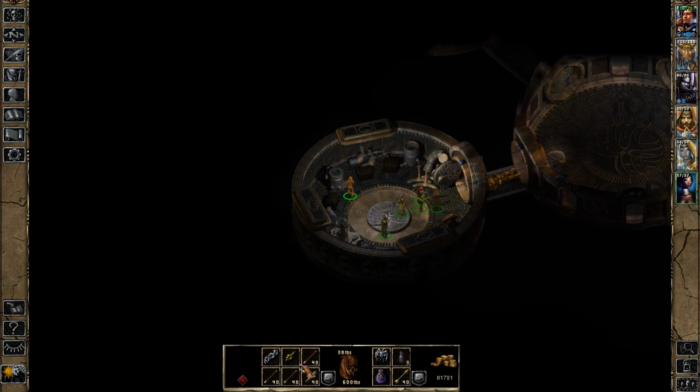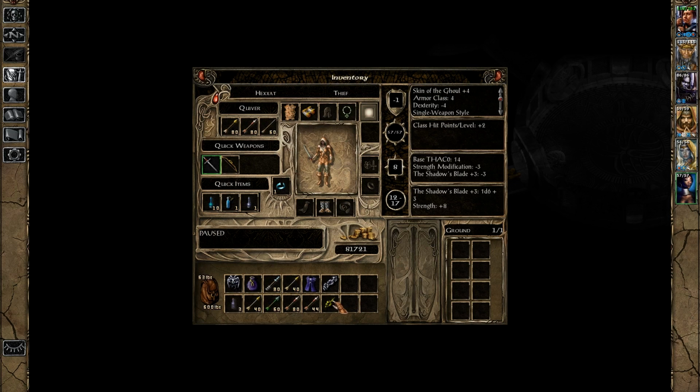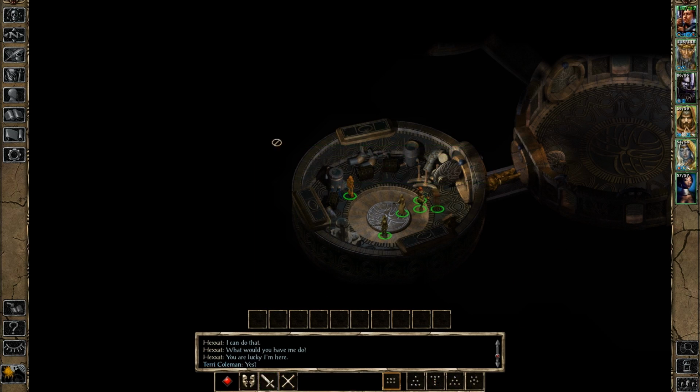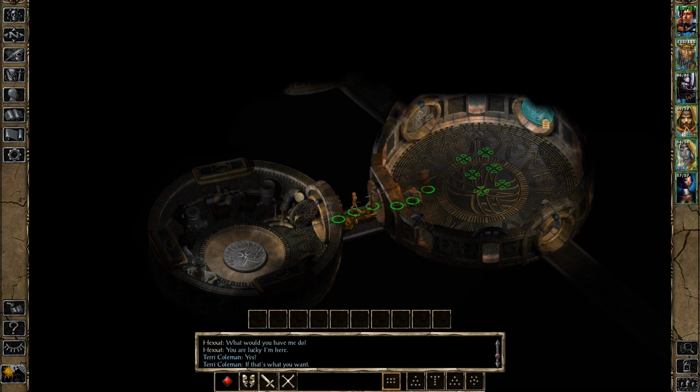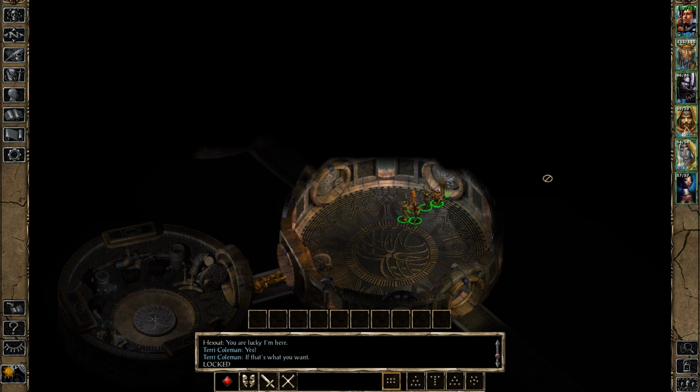Anything else in here that we want? Well, I see lots of random ammunition, and a golem arm, and a planar key. This is a long iron arm. It is useless without a body. Good to know. This thin bar vibrates softly in your hand. It looks as if it could be used as a key or a lever. I think we found a way to open this door here, and I'm a little bit wary about opening that door now that I've seen what's in there. Are we going to face yet a...